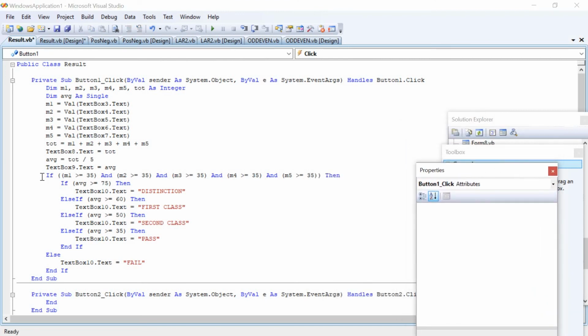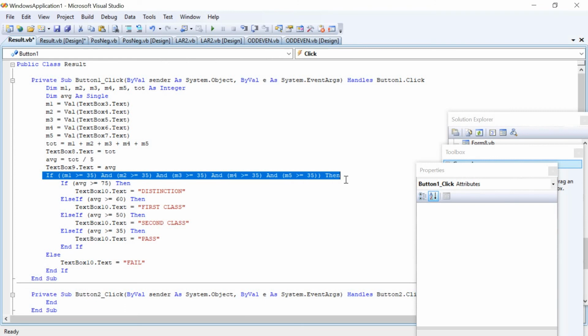Next comes the condition checking, this part. For this particular case, the student has to pass in all the subjects, then only the result will be displayed. The minimum marks to secure in each and every subject is 35 or above.